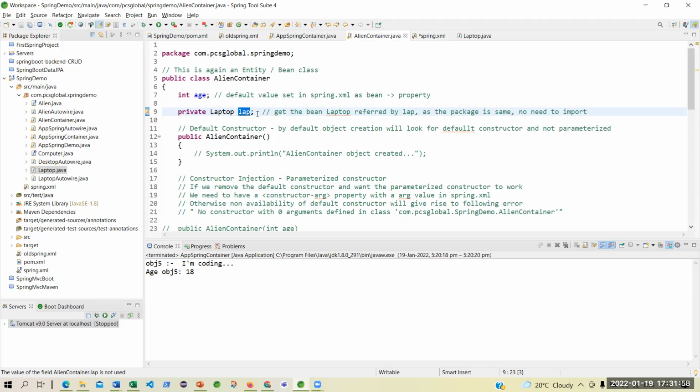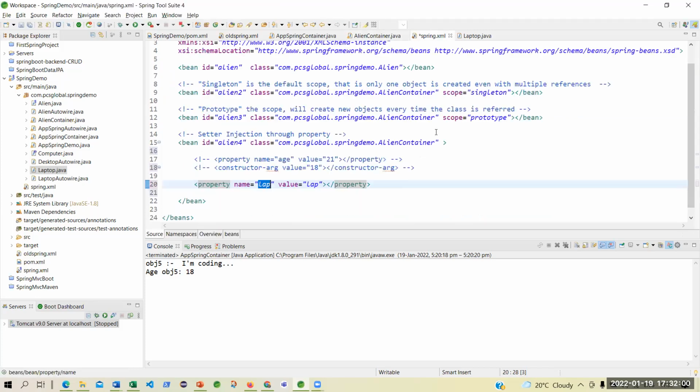Okay, maybe it's an object property. Let's say fine. I'm saying that my value is lab. And my property is lab. Will it work? Will it work?